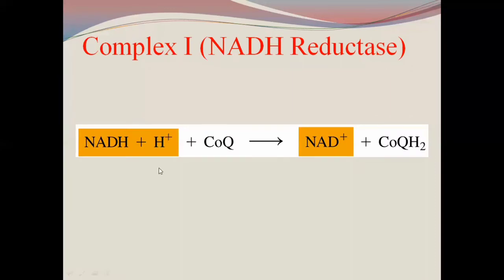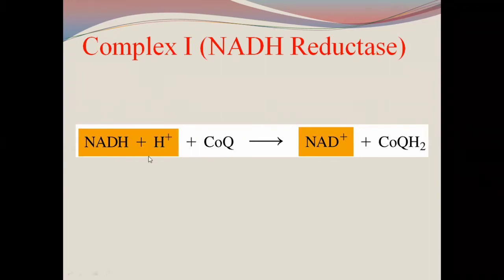When the NADH gives two electrons and two hydrogen ions to complex 1, then what will happen? These two electrons are taken up by the coenzyme Q, and as a result the energy is liberated. The energy is used to pump the protons from the matrix to the intermembrane space. There the hydrogen ions will be collected, the protons will be collected for the process of chemiosmosis,